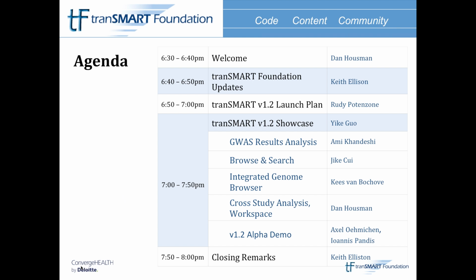Next slide. The agenda we show here really was a focus on the 1.2 release, which is coming. And EK went through an overview of the release. And then a few of the groups who are actually creating some of the features and capabilities were able to present and show screenshots, in some cases recorded videos, of the actual features as they're being put into 1.2. Genome-wide association studies, browse and search, genome browser, a number of things that Dan Hausman showed us coming together. So it was really exciting again to see these all being brought forward and actually working in what's coming together as the platform that we'll talk about